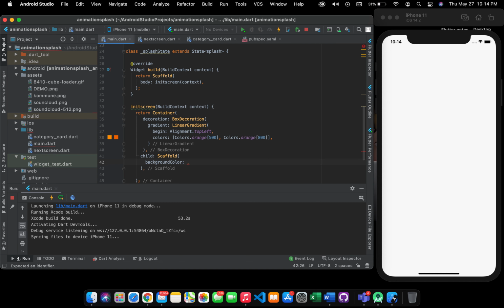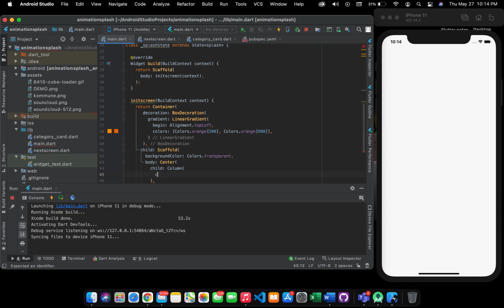Let's say a background color of Colors.transparent, and let's give it a body and a Center. Create a Center widget, and in Center widget, let's create a child Column. In Column, let's give it children,